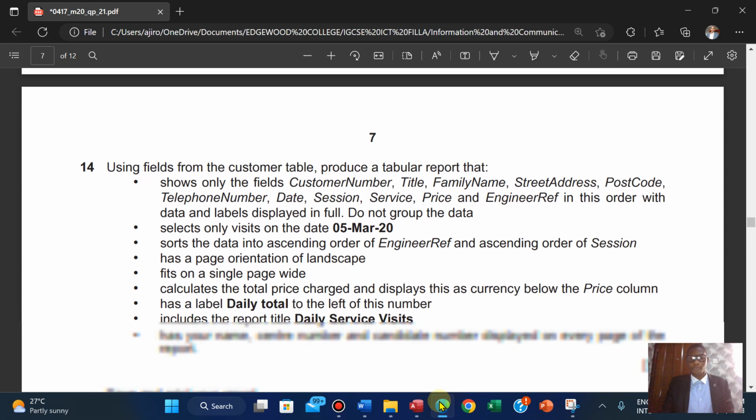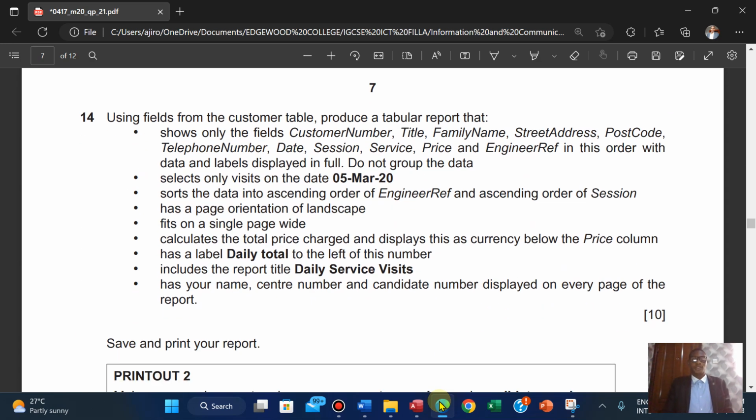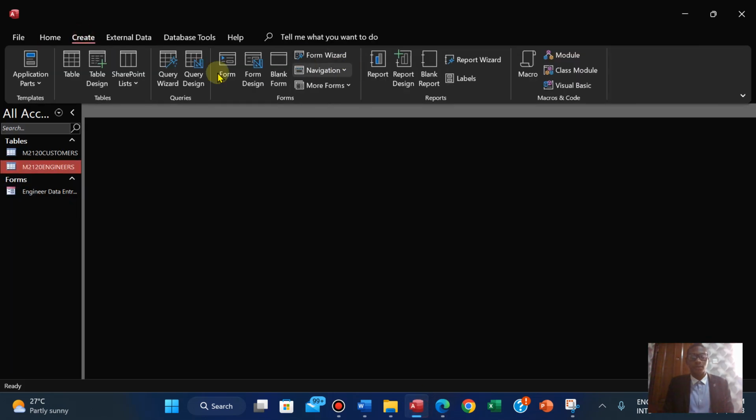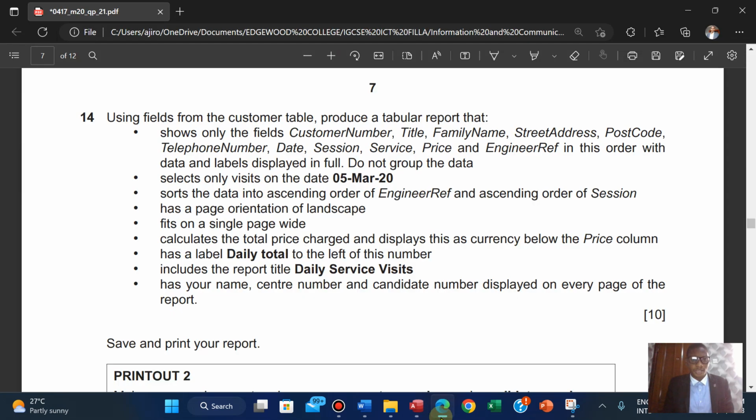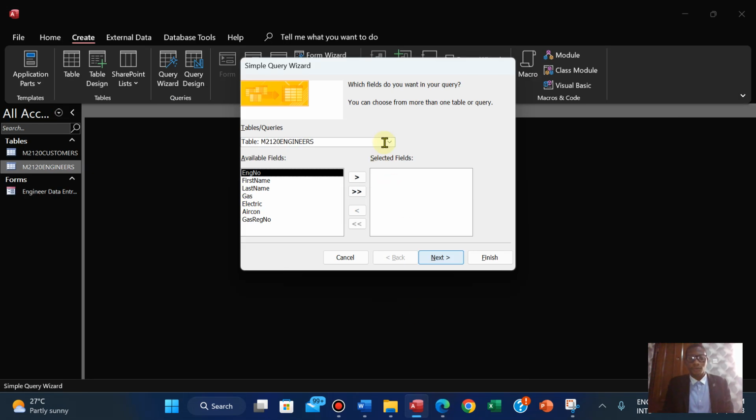Move on to reports. Using fields from the table, produce a tabular report. So let's produce a tabular report. These are the fields, from the customer table. So we're producing it just from the customer table. So we'll click on create, query wizard first. Do I have a query? Because obviously, yes. So from the customers table, I have